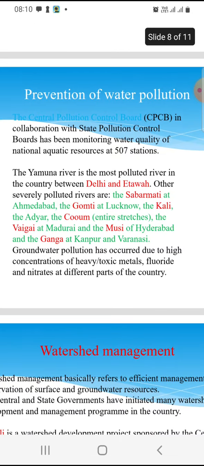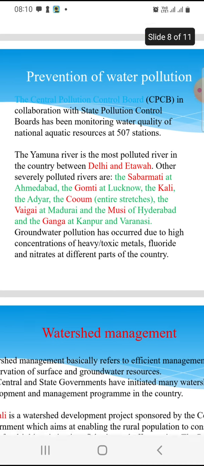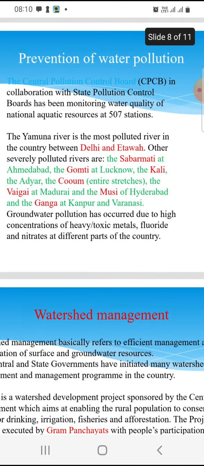Other polluted rivers are the Sabarmati at Ahmedabad, the Gomti at Lucknow, the Kali, the Adyar in Chennai, the Vaigai in Madurai, the Musi in Hyderabad, and the Ganga at Kanpur and Varanasi. So these rivers are highly polluted.